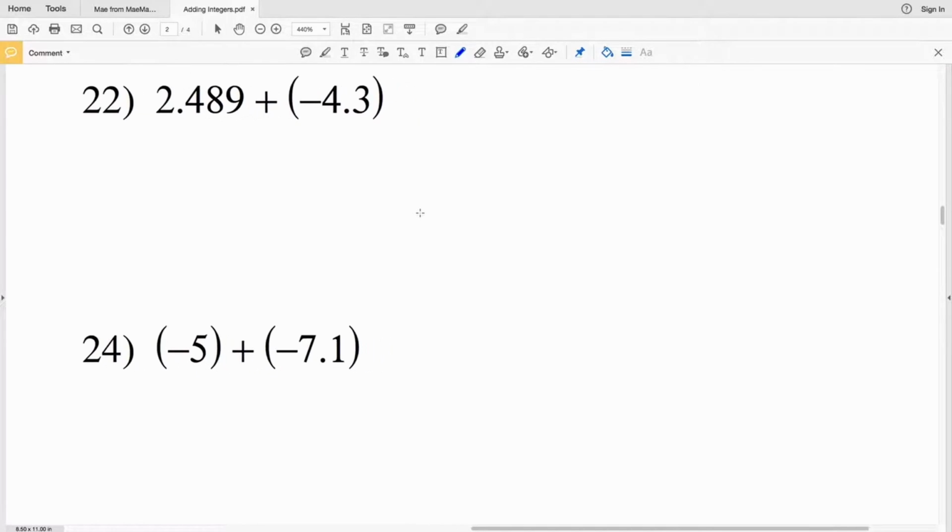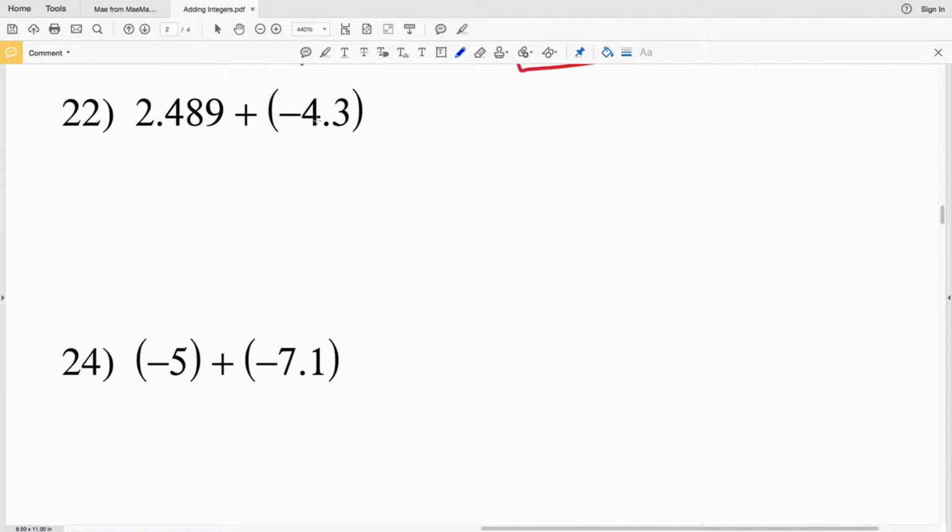Now for 22, we have a positive number, but then we're adding a negative number. This is the same as saying 2.489 minus 4.3. But it's a little tricky to subtract a number that's greater than the starting value. So let's switch the signs. Let's make this a positive 4.3 and this a negative 2.489. So now we have 4.3 minus